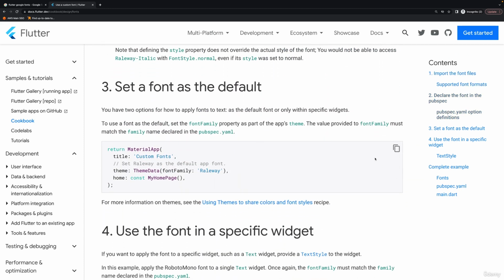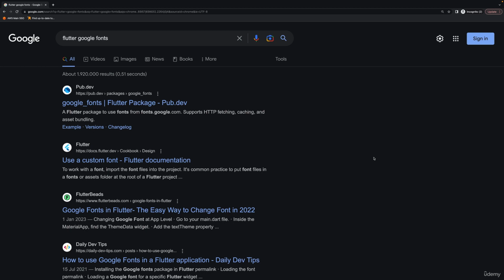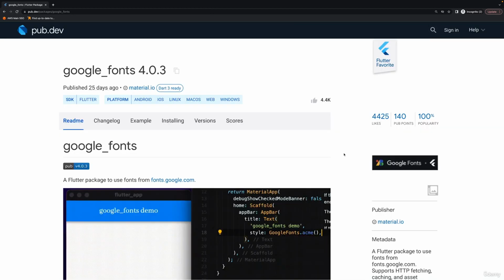You can do that, but one of the easiest ways of adding custom fonts to Flutter projects is by using Google Fonts and the special Flutter Google Fonts package, which you can add to your project. Now, Google Fonts is, of course, a very popular collection of fonts that you can use in all kinds of projects, and adding them to Flutter is super easy because of this official Google Fonts package, which you can add